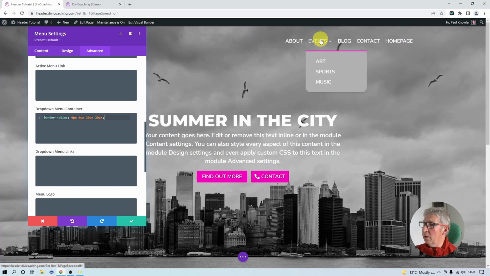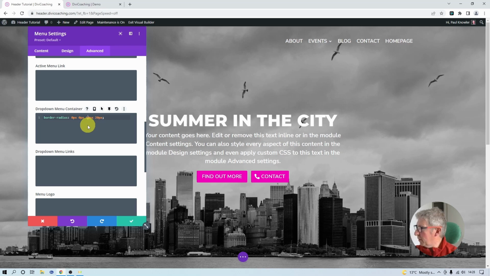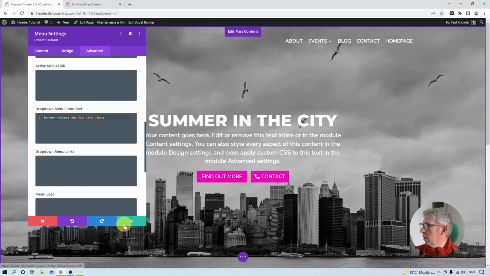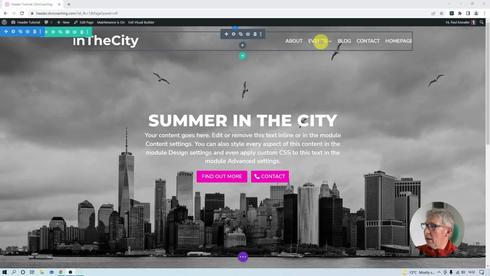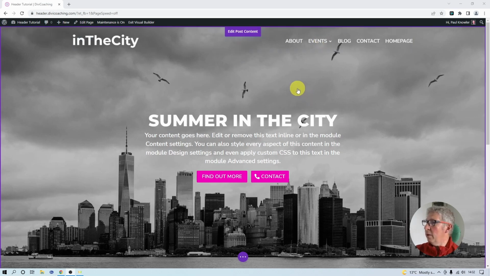And if I now go down, you can see that I've rounded. Actually, I think that's a little bit too much. I'm going to reduce that to 10 and 10. There we are. So that's tidied up the menu. I can save that. Now that we've sorted out the drop-down colors for the desktop menu, we need to sort